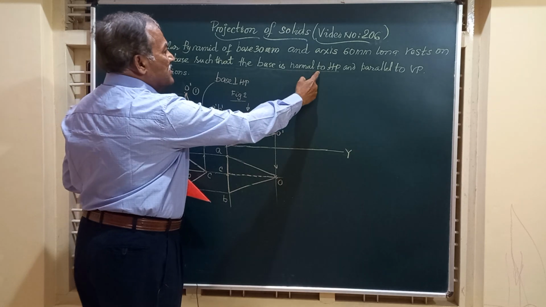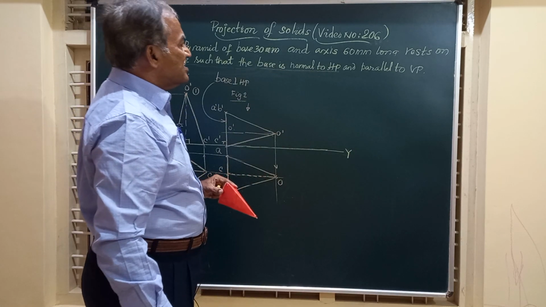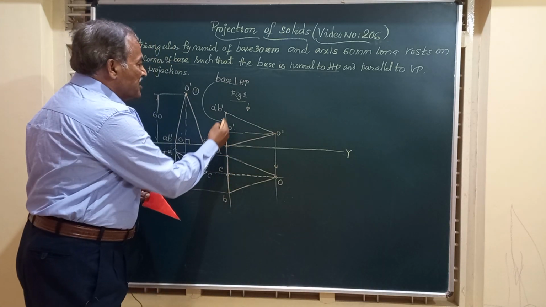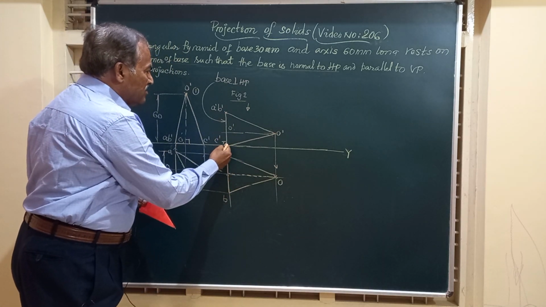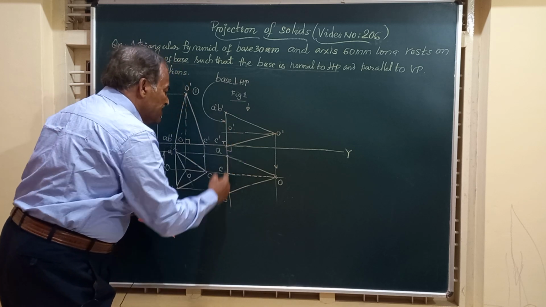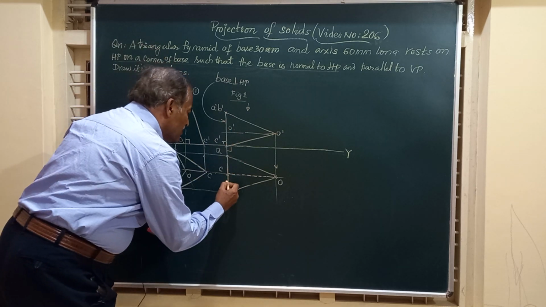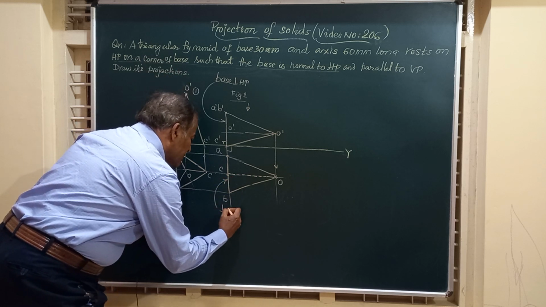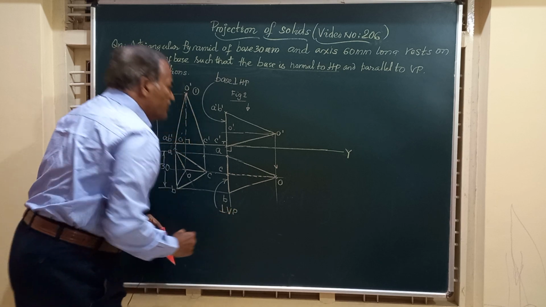Base is perpendicular or normal to HP. Further he says, this is parallel to VP. If you observe the base, in the front view it is perpendicular to HP. In the top view, if you observe, the same base ABC is again perpendicular to HP. That is, this is perpendicular to VP. So friends, you observe,